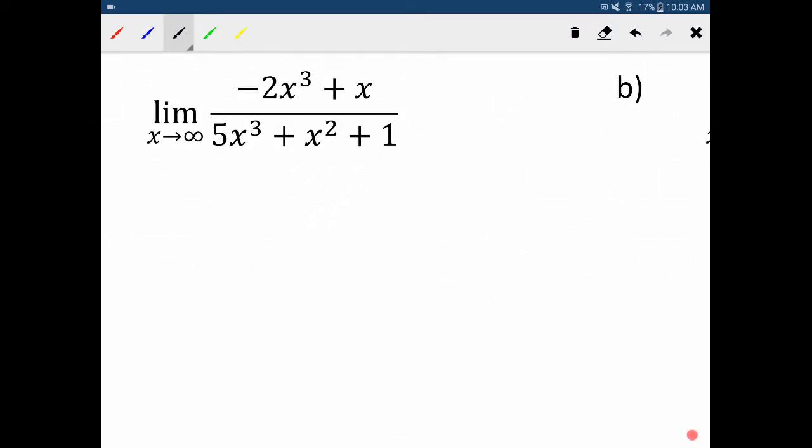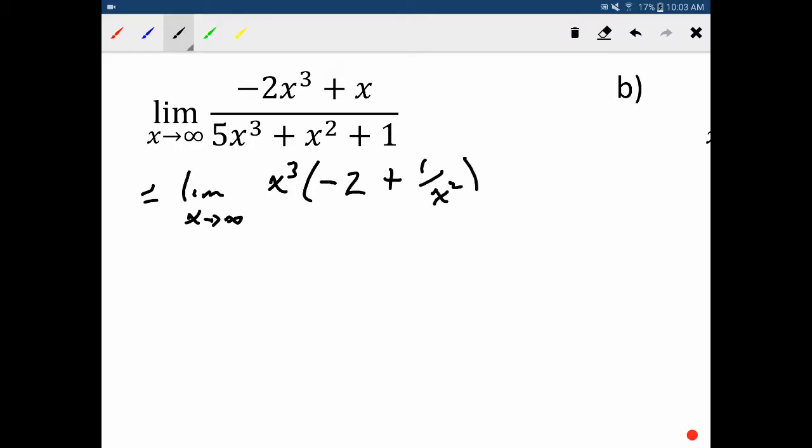So first we're going to take a look at the top. You're going to take the variable with the highest exponent and factor that out, okay? So we can ignore the negative 2. We want to factor out that x cubed. And we say what's left over? Well, we've got negative 2, and then plus, if I factor an x cubed out of an x, I'm going to be left with 1 over x